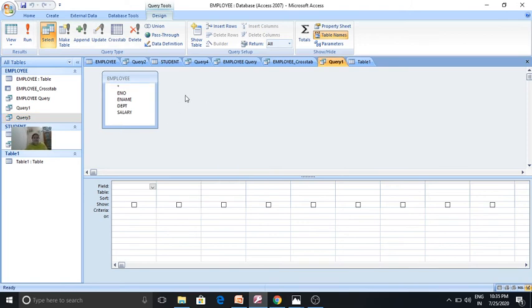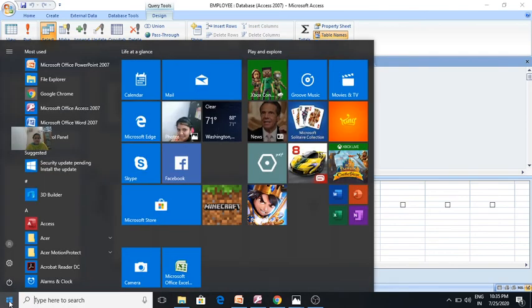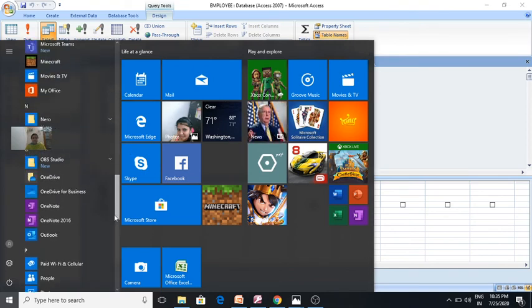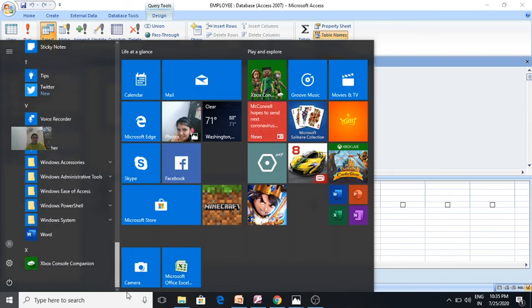Okay, so I think students you are clear on how to open the MS Access application. How do we open MS Access application? We have already seen it two days back. Click on the start button and go to Microsoft Office.